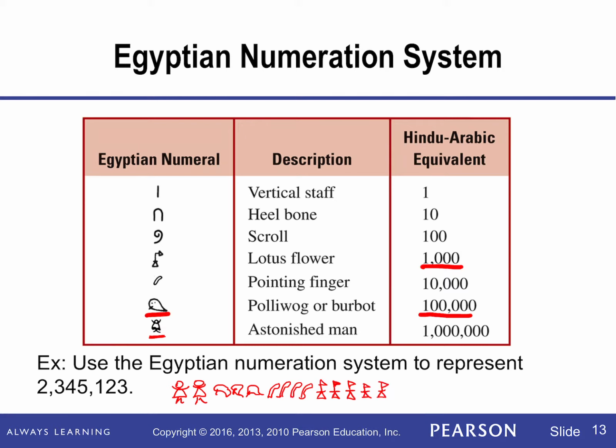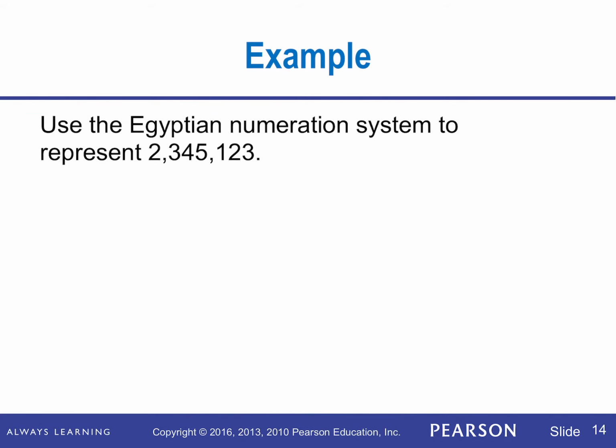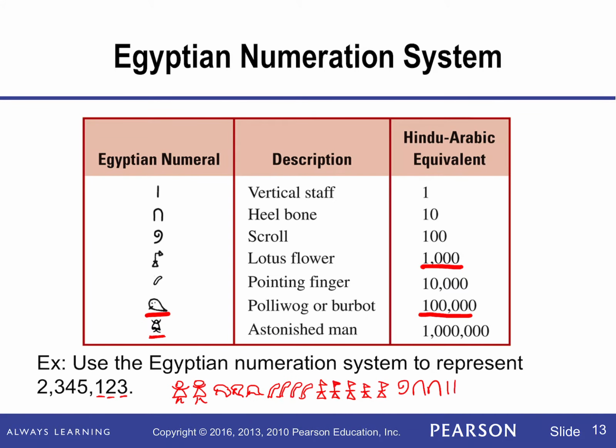Okay. Where are we at? 100, so only 1 scroll. 20 is the heel bone, so 2 heel bones, and then 3 units, so 3 lines. All right, and so there we have